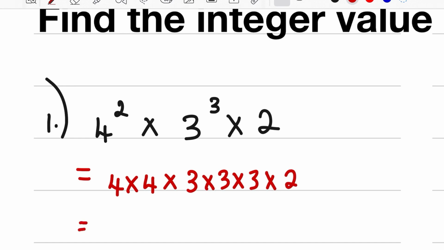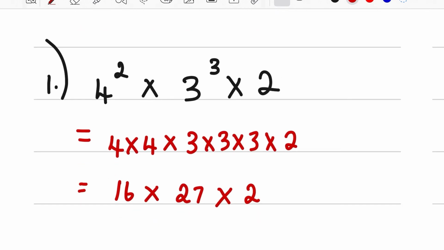Now 4 times 4 we know is 16. 16 multiplied by 3 times 3 times 3, which is 27. So now we have 16 multiplied by 27, and we can't forget that times 2. So we can use our calculator for this. 16 multiplied by 27 multiplied by 2 gives us